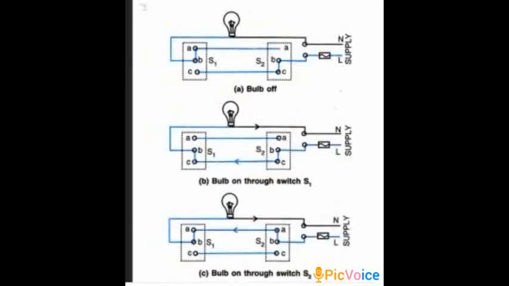Now when you come to the end of the corridor, now when you on the switch 2 also, what happens? See the figure? Again you are going to get a complete path. So by S1 as well as S2, any one switch you can use for switching on the bulb. So this is known as a double pole switch. The switch is used for the same bulb at both the ends. It can on as well as off.